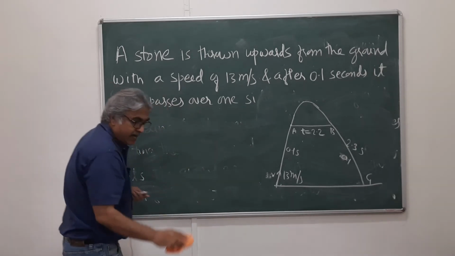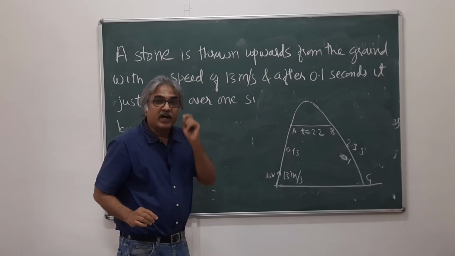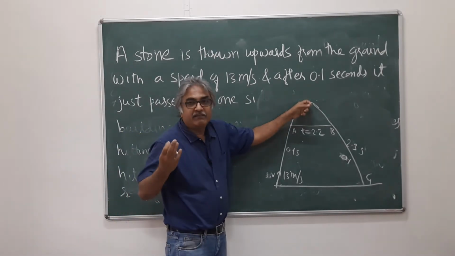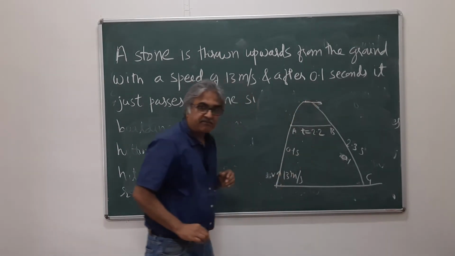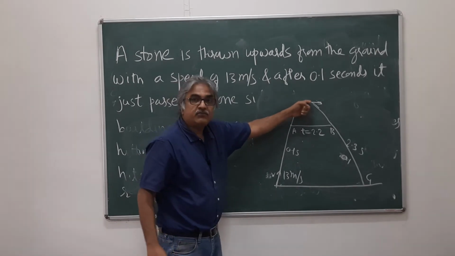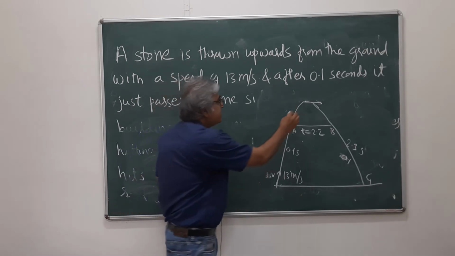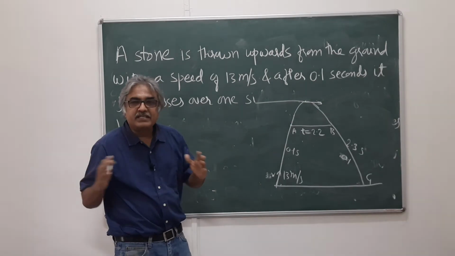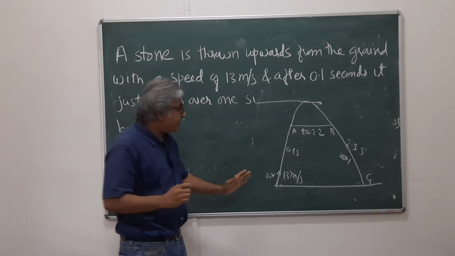This projectile has reached here, and it is coming down. When it reaches here, its vertical component of velocity is 0, but it will have horizontal velocity. So the only velocity is going to be horizontal velocity, right? So we know that its vertical component of the velocity is 0. That means you can now separate the motions. Imagine the vertical motion and horizontal motion separated and treat this problem.